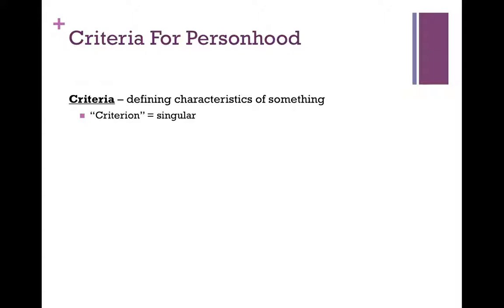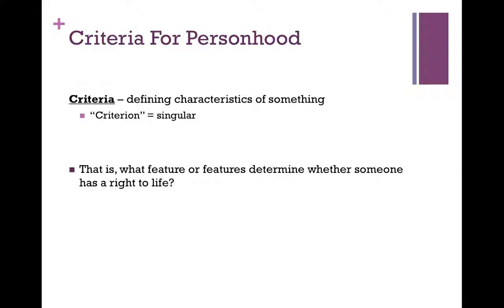Just as a little terminological note, criteria is plural, a criterion is singular. It's not very important, but it's something noteworthy when you're using this terminology. You say criteria when you're talking about multiple characteristics or multiple features of something, whereas you say criterion when you're talking about one particular feature, the defining feature. And in this case, when we say we're looking for criteria of personhood, we're basically just asking, what are the feature or features that determine whether or not something is a person,